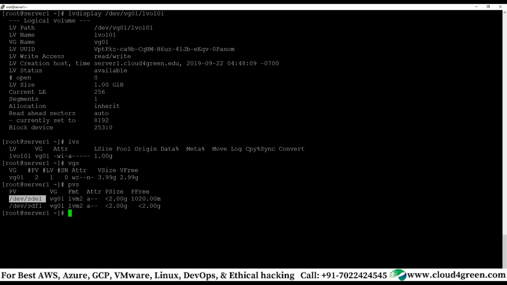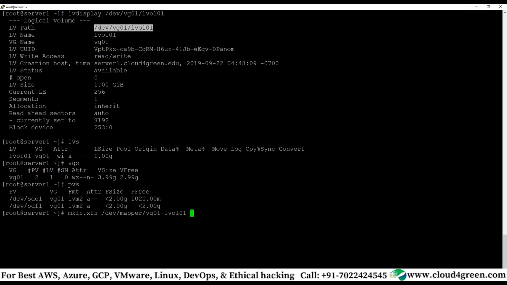Clear? Now what we do is mkfs.xfs and you format this device. Either you format it in this way or there is something called device mapper, /dev/mapper, and give the volume group name. It will automatically take up the other names.